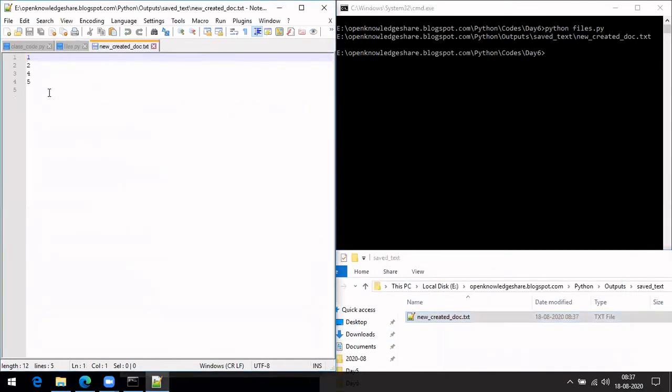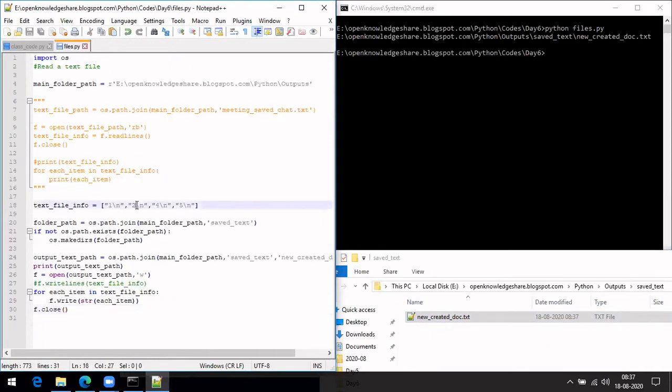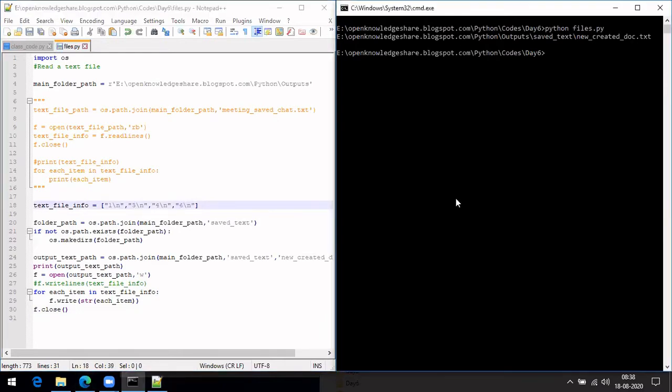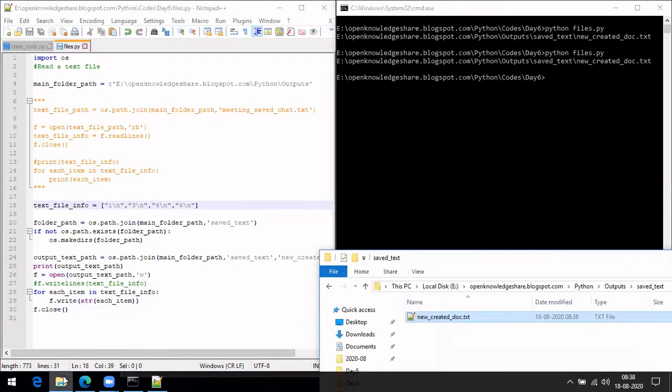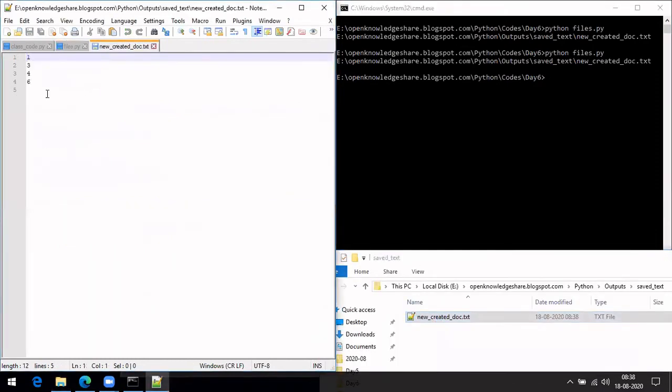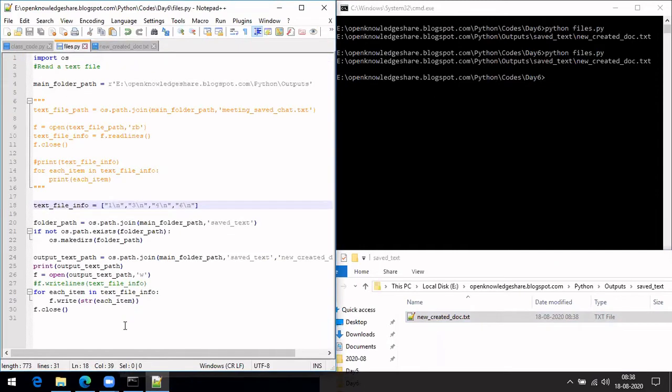Okay, so if you see, it worked again, right? Just to avoid confusion, and to ensure that it is not some previous output, I have run it again. And if you see, it is from the latest output. So this is one way to do it.